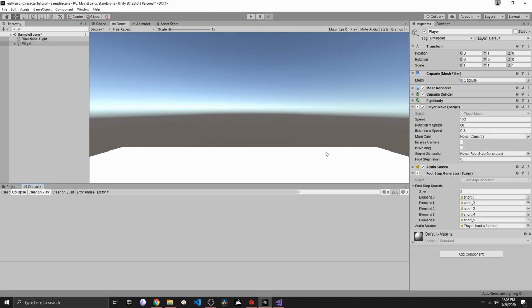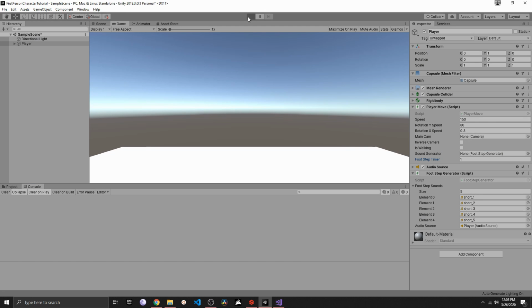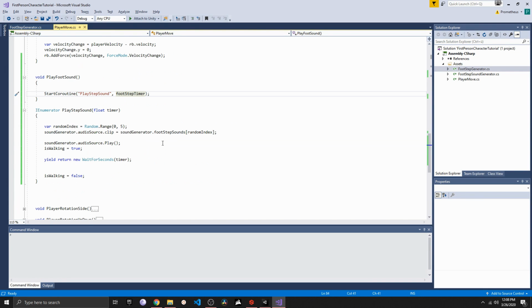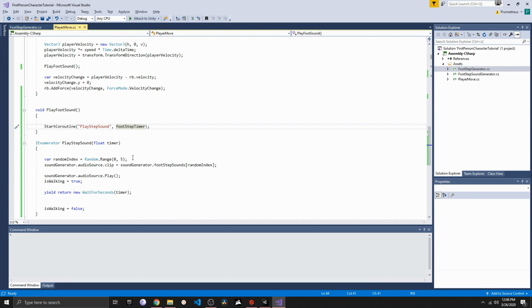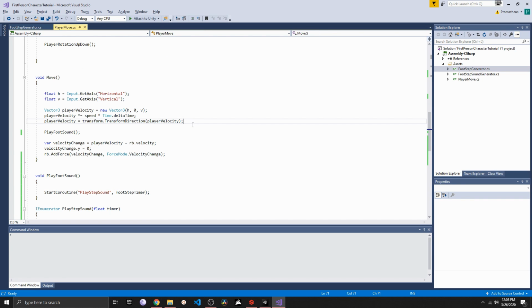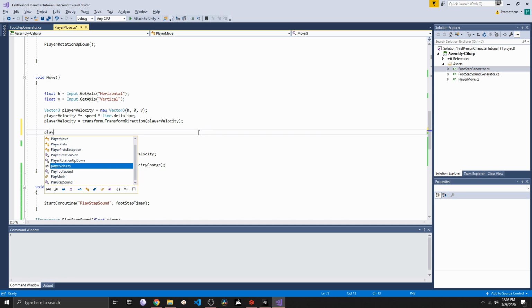We could limit that already by adding here to the footstep timer a timer. So I think with that it will be only fired every other second. Yeah, not really. It still sounds really buggy. So to fix this, we need to add a new logic, and what we will do is we will check if we are currently moving,